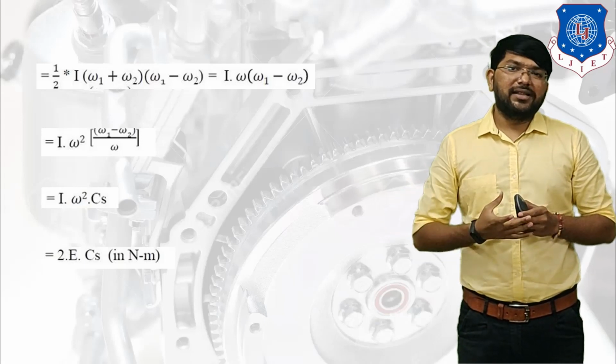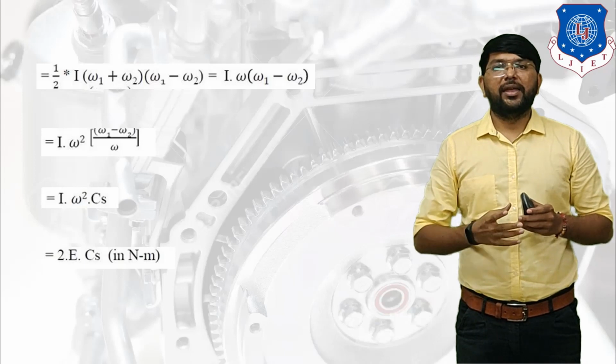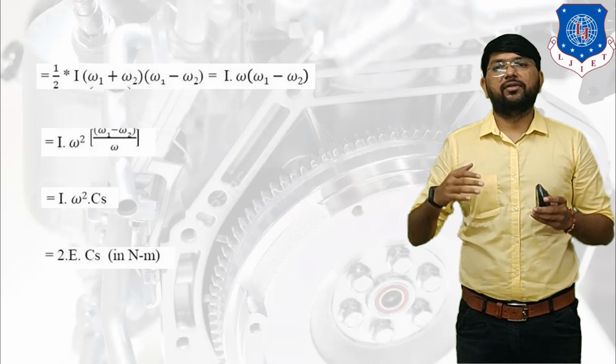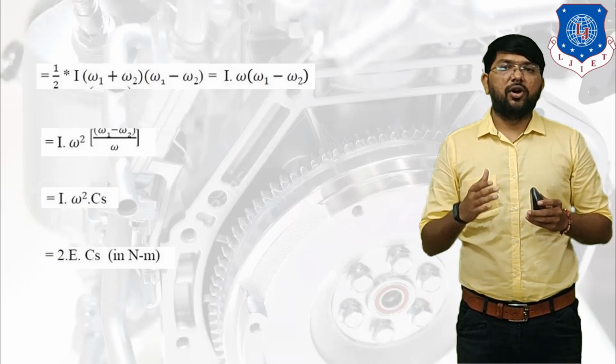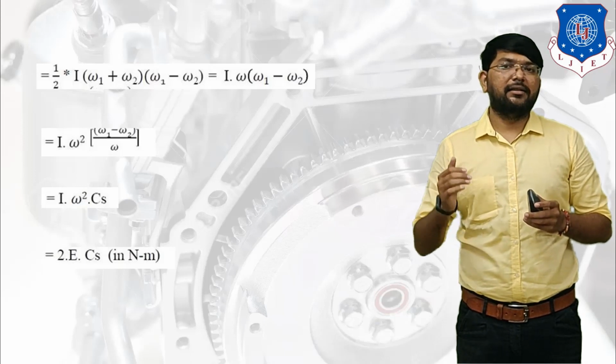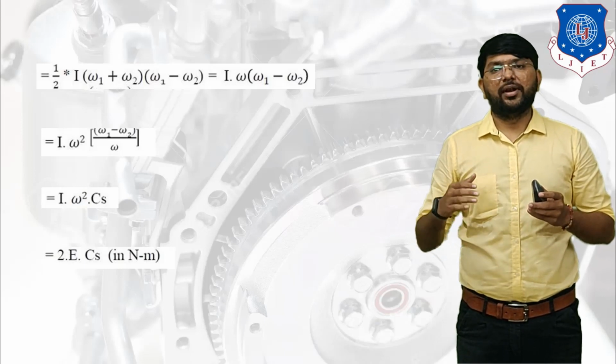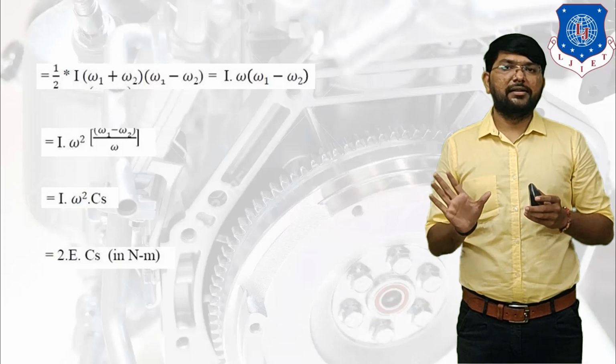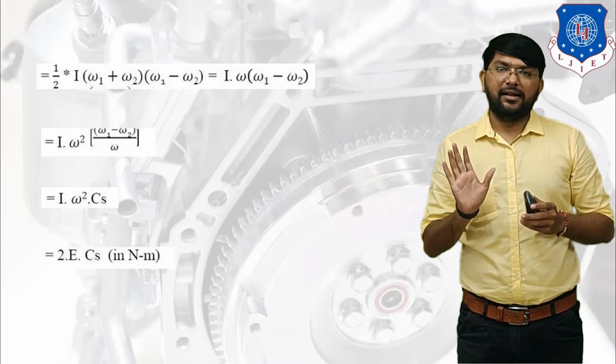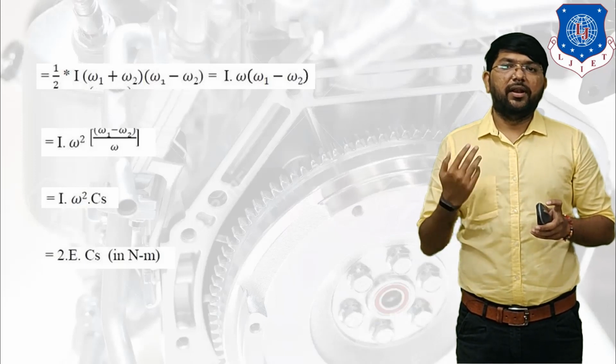Clear? So in today's lecture we discussed three topics: the coefficient of fluctuation of speed, the coefficient of fluctuation of energy, and the energy stored in a flywheel. A flywheel stores energy in the form of kinetic energy. Clear? So the next topic we will learn in our